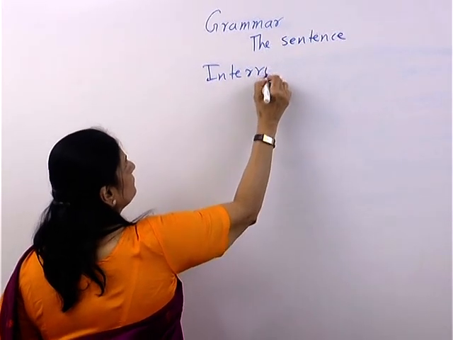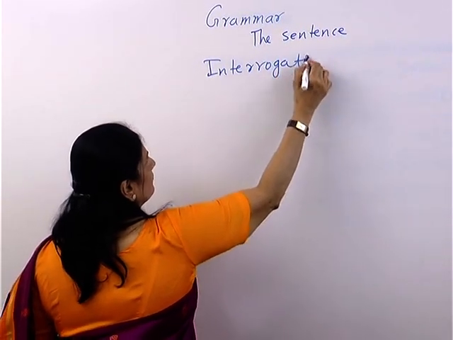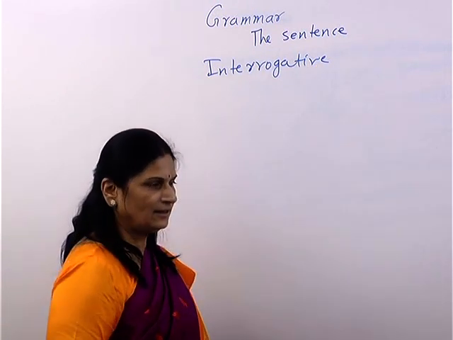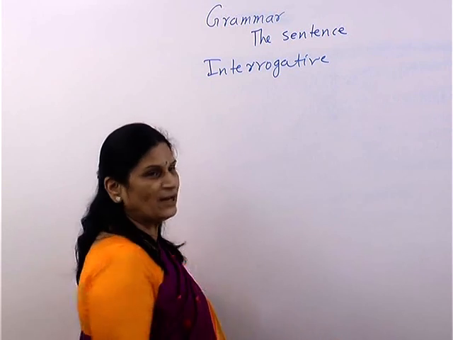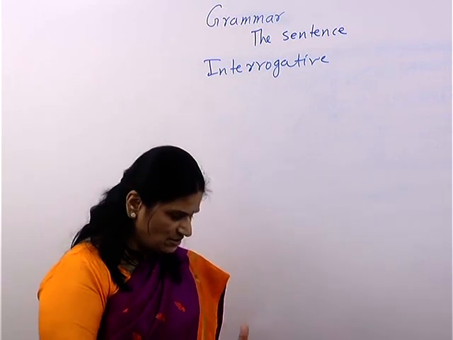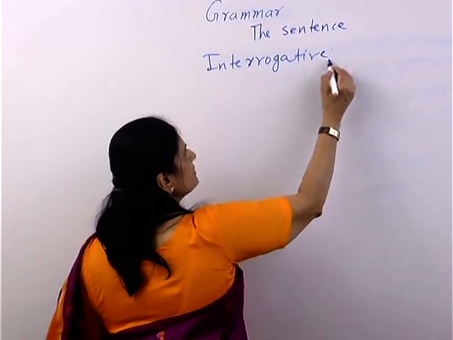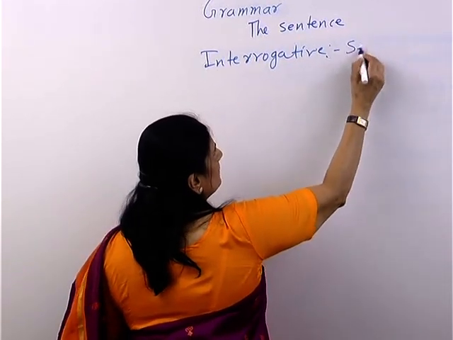Interrogative. What type of sentences are they? They are all WH questions. WH question means where it ends with a question mark. So interrogative is the sentences